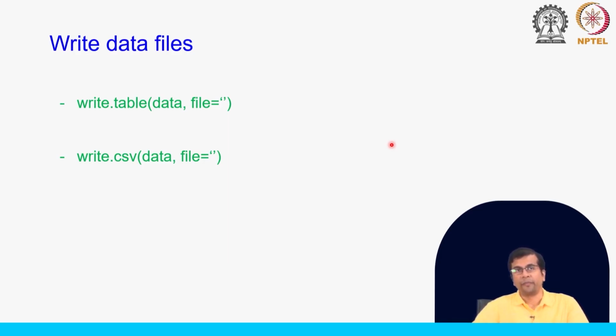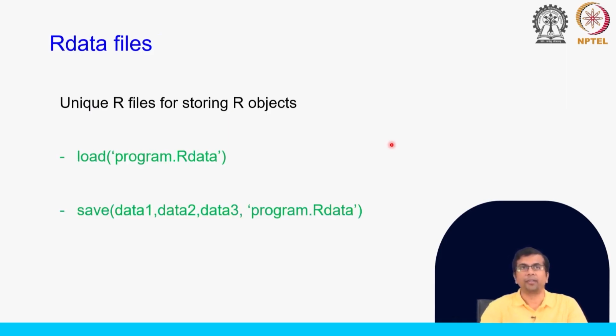Okay. So there is a specific type of data file in R that is available, and that can store multiple data, right, multiple objects. Okay. So it is not just one data that can be stored in a file, and these are called R data files. Okay. So these are unique R files for storing different objects in R. Okay. And this is a way to share data very easily. You can save all the objects that you have generated, all the data that you have generated,